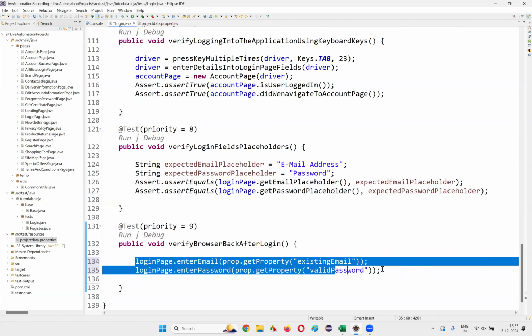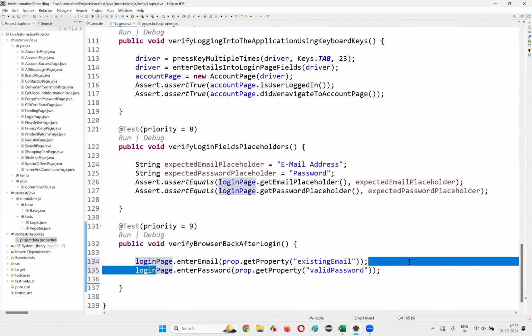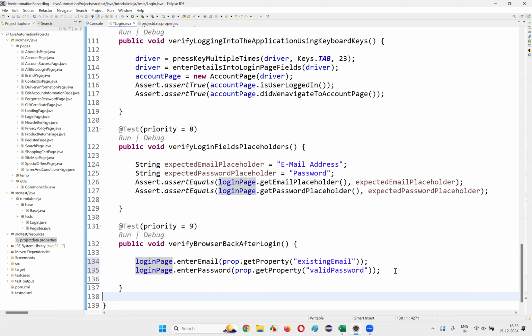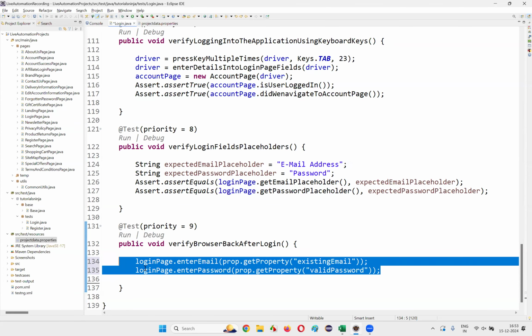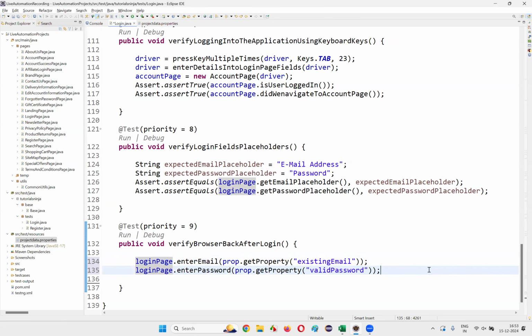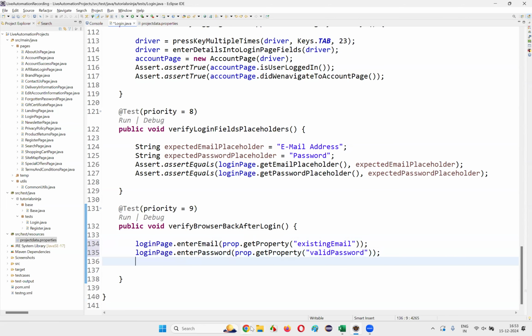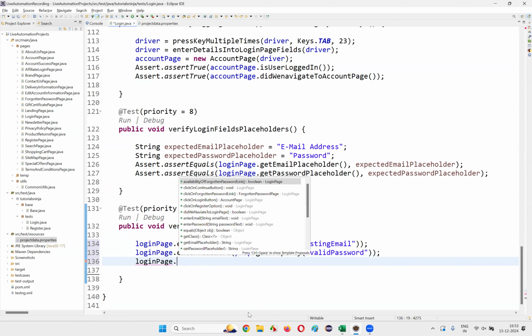That's it. Okay. Login page dot enter email, login page dot enter password and valid password. Okay. So both these things are done. What is the next thing, guys? Once you enter the username and password here, what is the next thing that we have to do? Once we have entered, we have to click on the login button. Login page dot click on